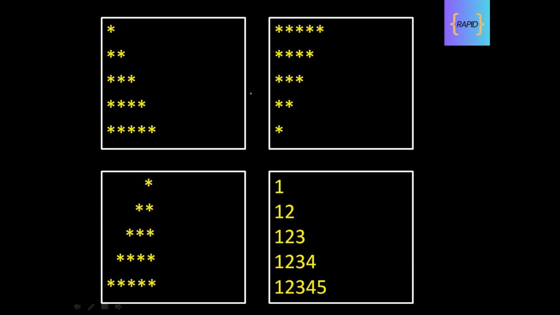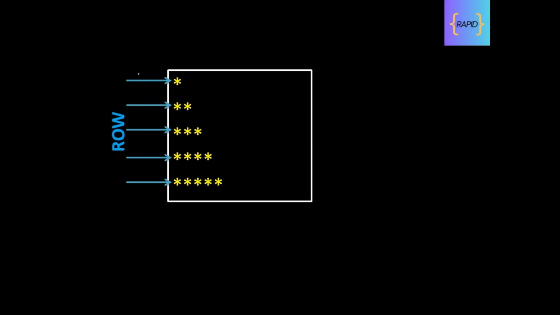So guys, let's start with a very basic pattern, which is pattern number one. You can see here, in this pattern, we have 5 rows. I mentioned it with the arrows: 1, 2, 3, 4. It depends on your pattern. You can take 5 rows, 6 rows, it depends on you. And we do not have any spaces here. Just notice this. We do not have any spaces, but in our pattern number three, we have some spaces.